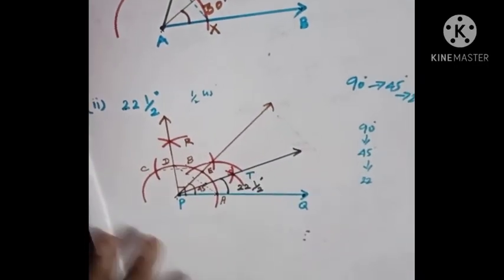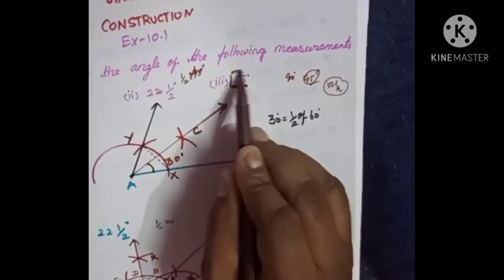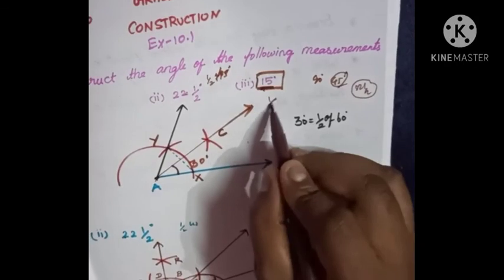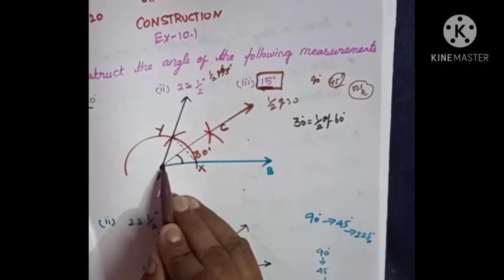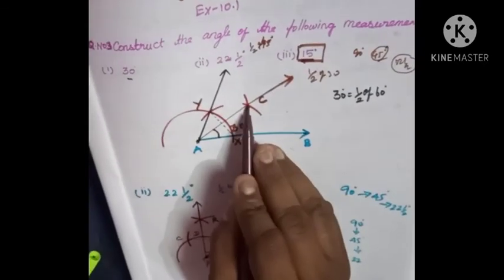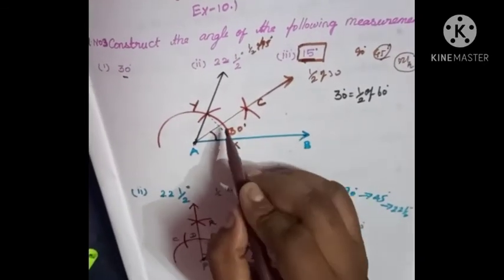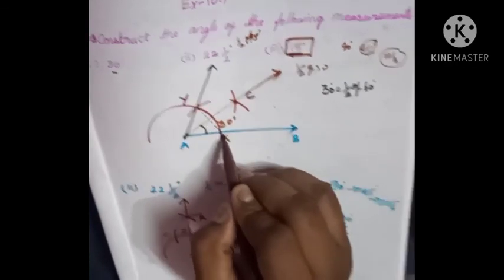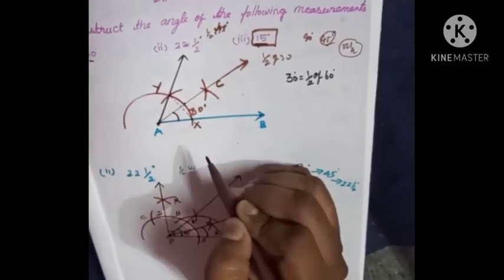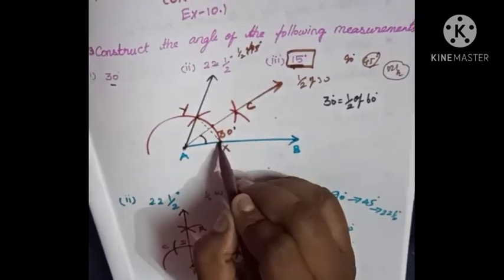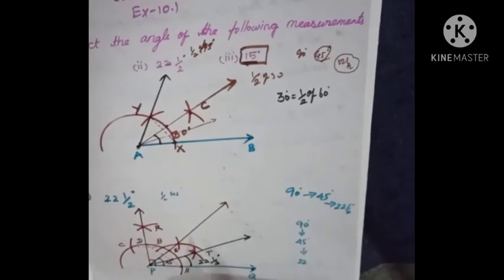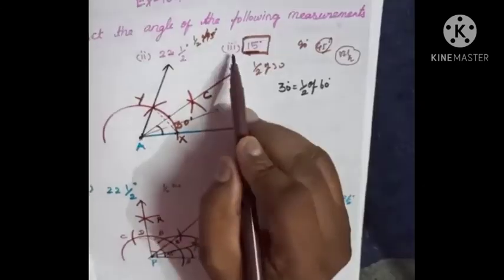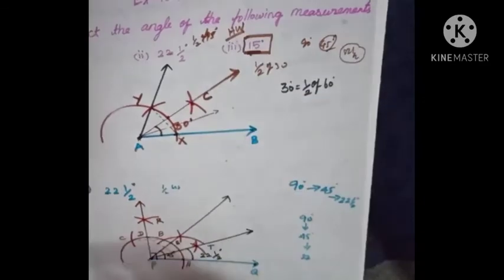By the same method, you can try the angle 15 degree as homework. How is it? It is half of 30 degree. So you need not draw the 60 degree angle. You just consider only 30 degree and take the angle bisector of this 30. If you take that intersecting point here, take that arc, and draw the angle bisector here, you get 15 degree, because 15 degree is half of 30 degree. So do this third question as homework.